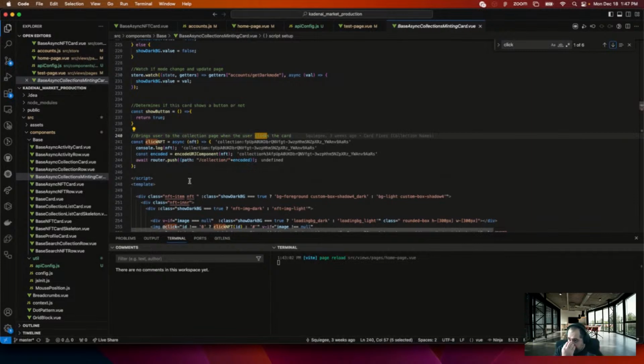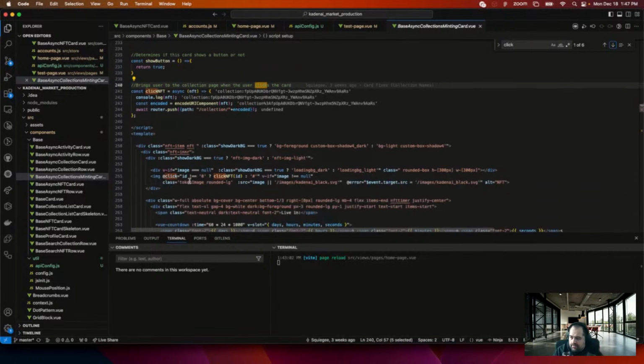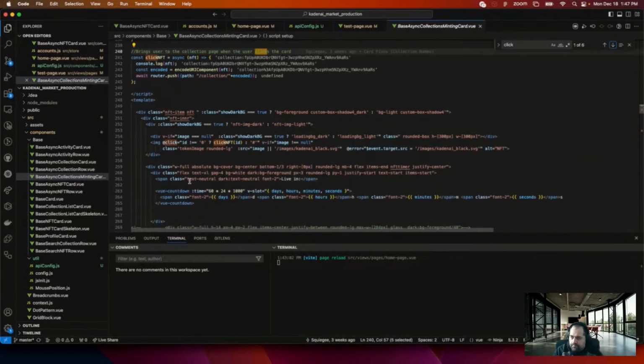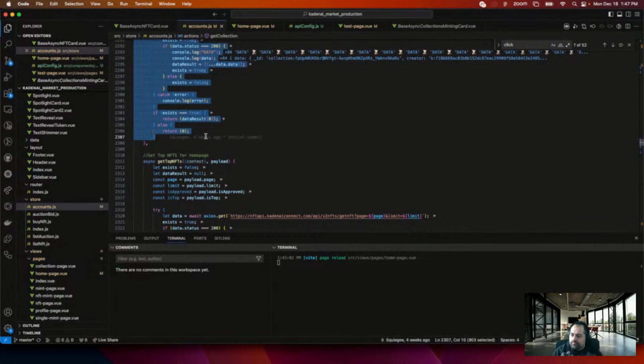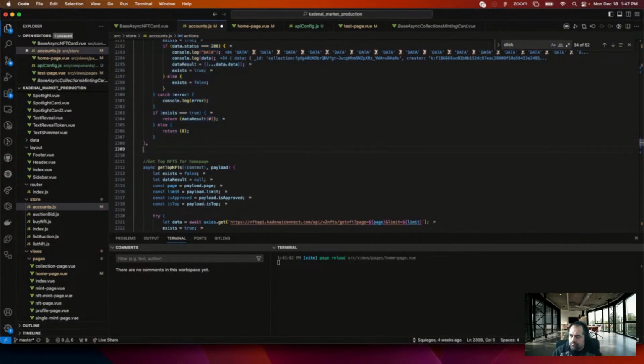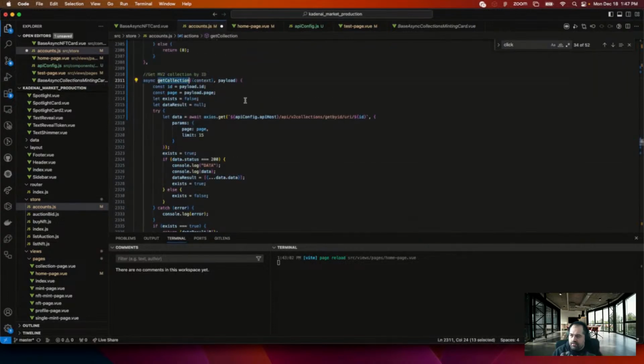Okay. Let's see if we can mimic this. So get collection. So this would be like get mint collection. All right. So parameters.